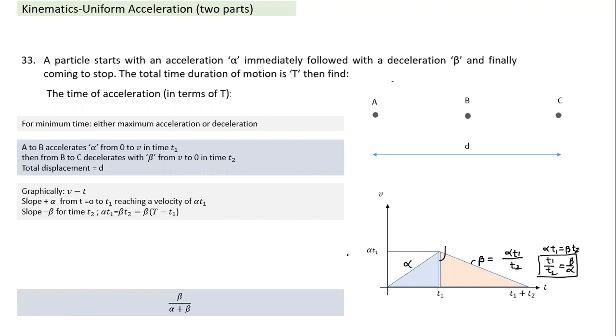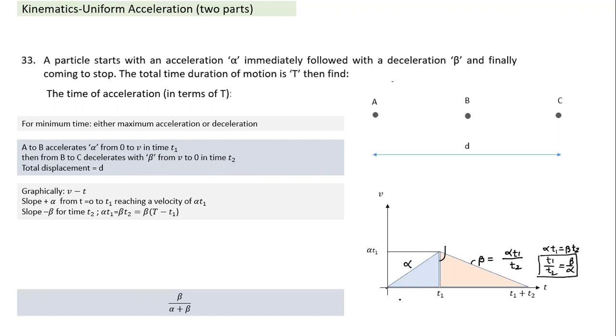Another important thing I forgot to mention in the previous part. What will be the average speed during acceleration? The blue part is the accelerating phase. If I have to calculate the average velocity between 0 and t1, Vignesh, can you tell me what will be the average velocity in the acceleration phase?